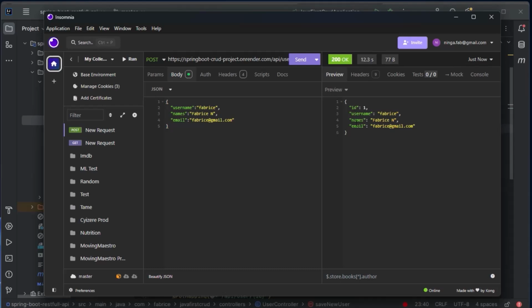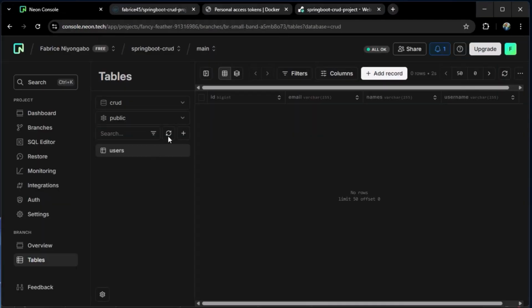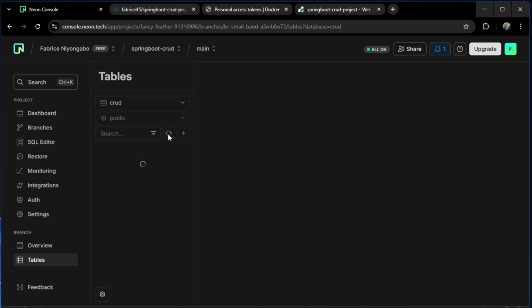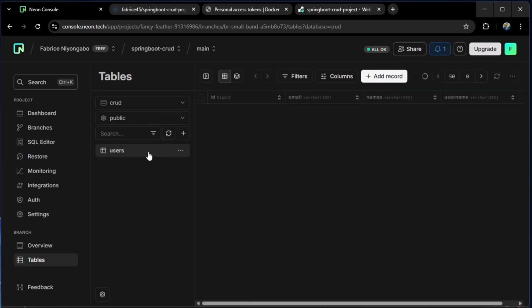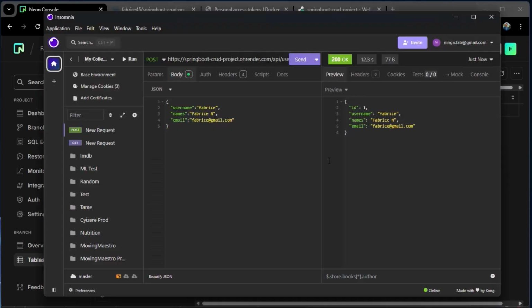He has been given the first ID, and if I go back to our Neon database, let's just refresh this table and click here and give it a second. You can see this is our user, and let's try again to add one more user to make sure that everything works as expected.